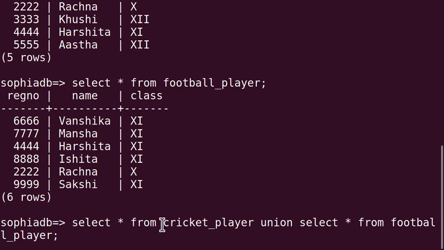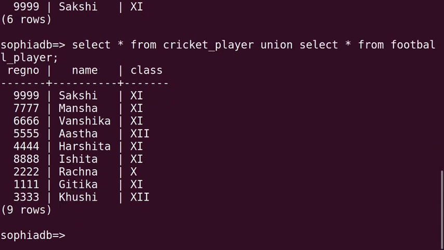Meaning select star from cricket player will give you all the records of the cricket player table, and select star from football player will give you all the records from the football player table. So within these two tables' records, if I do the union operation, what will be the output?